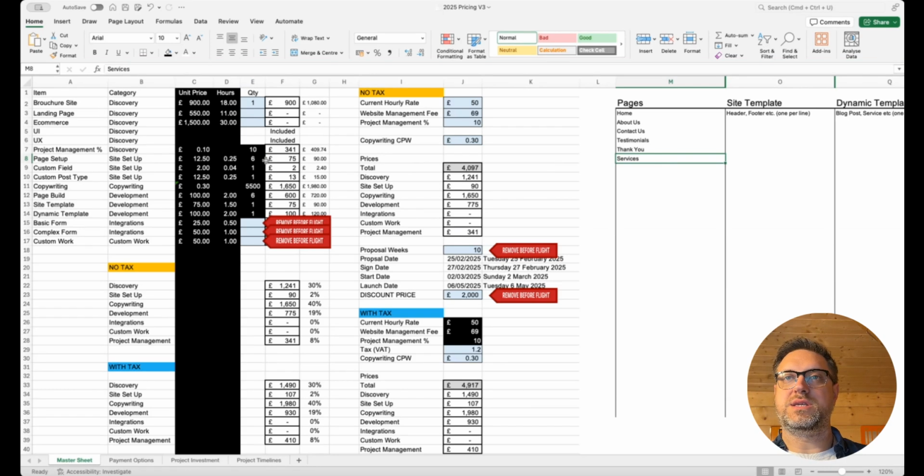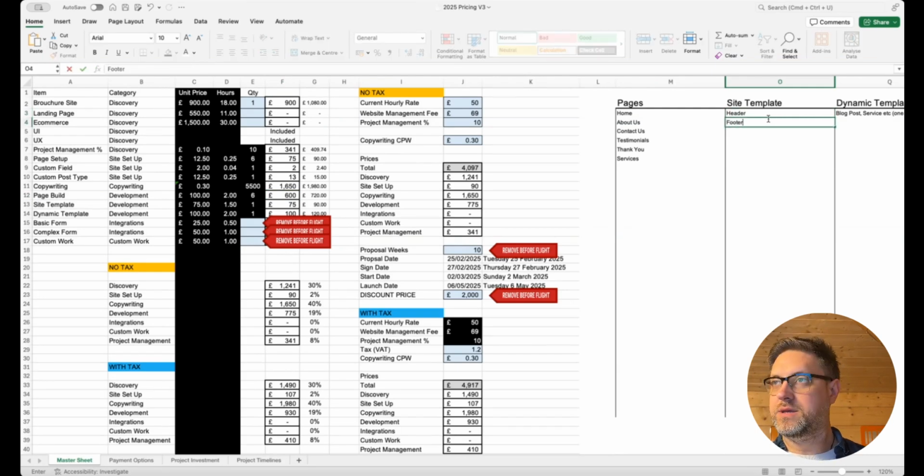Also, this is the setup, setting it up, adding it onto WordPress, and then down here you've got your page build. So hourly rate, 2 hours a page on average, 6 of them, that's 600 quid at £50 an hour. That's how it's working it all out for you. Site templates, similar thing. So you're going to have a header, you can have a footer, site settings, for example,